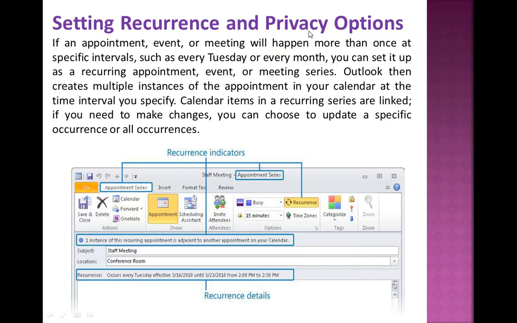Next, how to set the recurrence and privacy options. There is a recurrence option, which means automatically the same message or the same meeting or the same appointment will replicate every 5 minutes, 10 minutes or 15 minutes. If a meeting, event or appointment will happen more than once at specific intervals, such as every Tuesday or every month, you can set it up as a recurring appointment, event or meeting. Whenever there is a meeting at a regular interval, you can set the